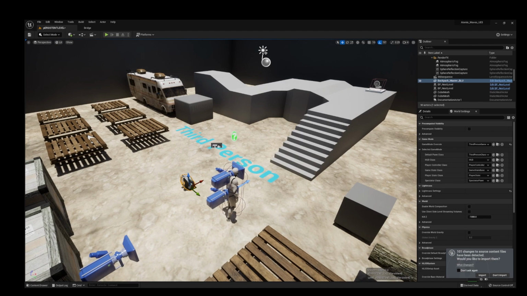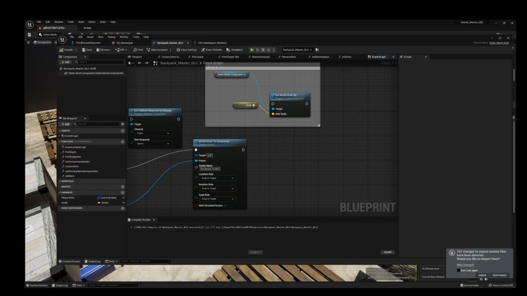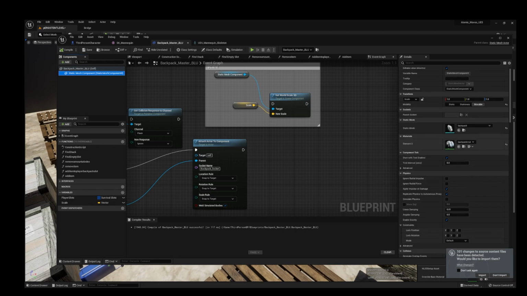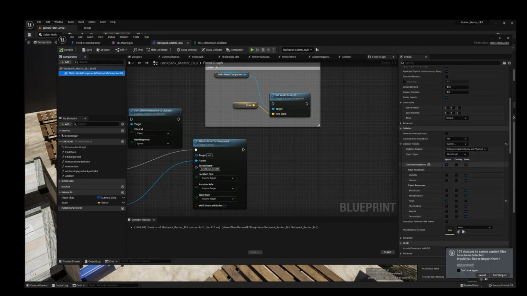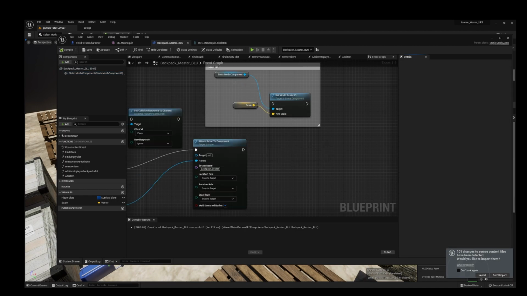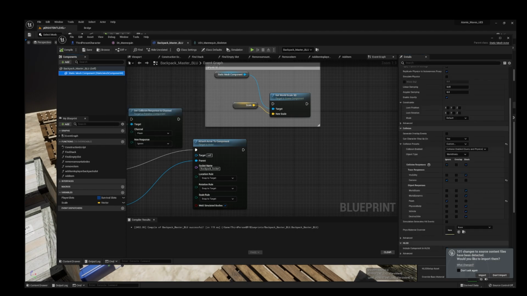So where our problem is coming from, where you're getting your camera inside of your player's body, is actually coming from the Backpack Master Blue. So we're going to go over and edit our Backpack Master Blue and our static mesh component. Let's go back down to collision, and inside of our collision you see camera. Right now it's blocking the camera. We're going to go ahead and set it to ignore the camera. Compile and save. But that still doesn't fix the fact that our backpack is coming in sideways on our player.